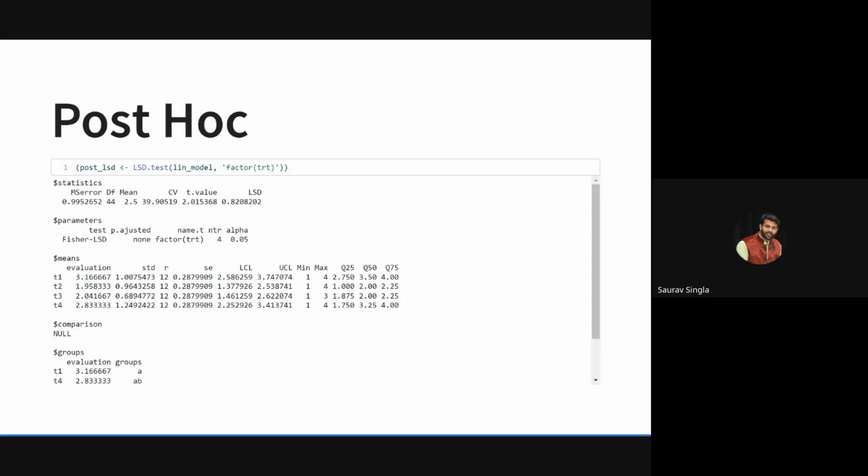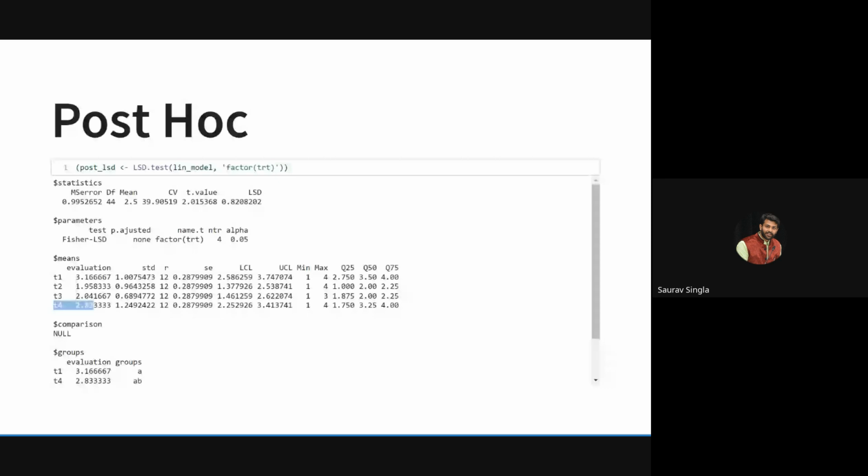But you see here T1 and T4. The difference between the mean of T1 and T4 is nearly 0.3, 0.29. The difference between the mean of treatment 1 and treatment 4, that is the grass number 4 and the grass number 1, is 0.29, but the least significant difference, that is critical difference CD, is